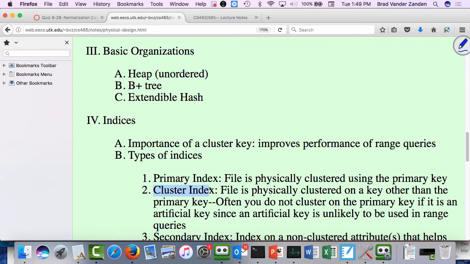So both a primary index and a cluster index refer to a file that's physically clustered on it. It's just different terminology. Yes? If you wanted to use more than one cluster index, you need to store the file twice. Yes. If you want to use more than one cluster index, you would need to store the file twice, and